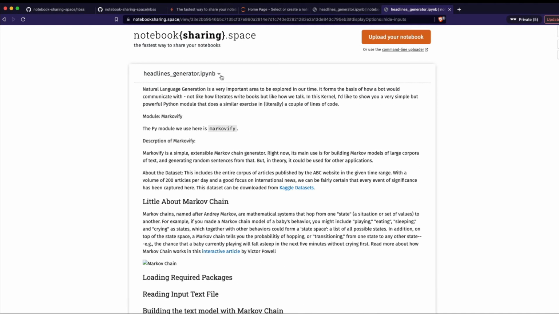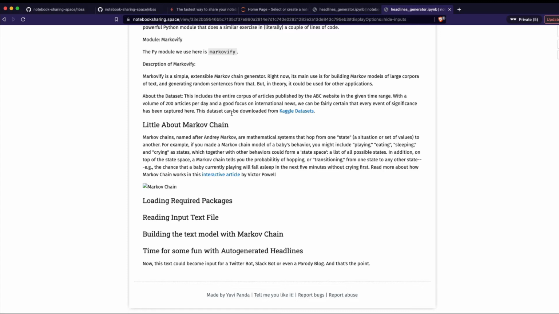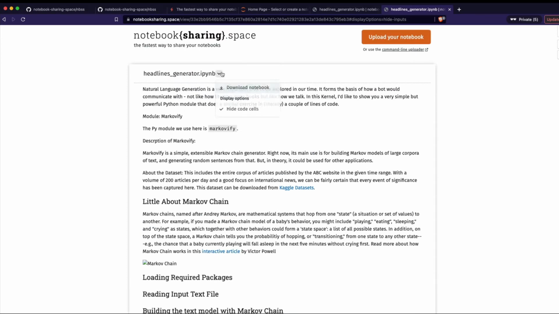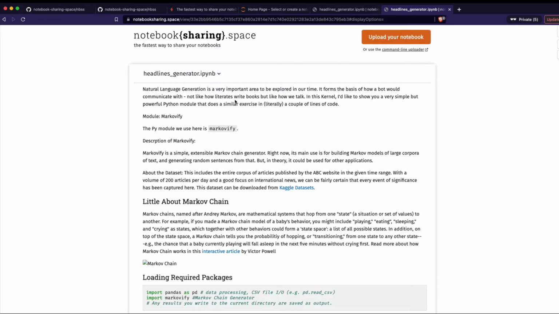Let's say you're writing an analysis notebook, not so much in machine learning, at least in my perception, but more of an analysis or data science notebook. Then you don't need people to see the code all the time. So you can hide the code, and then you can see the rest of the things. And this is again an amazing thing. So now that our notebook is available on the internet, we can share this link with anybody on this planet, and they can access the notebook.